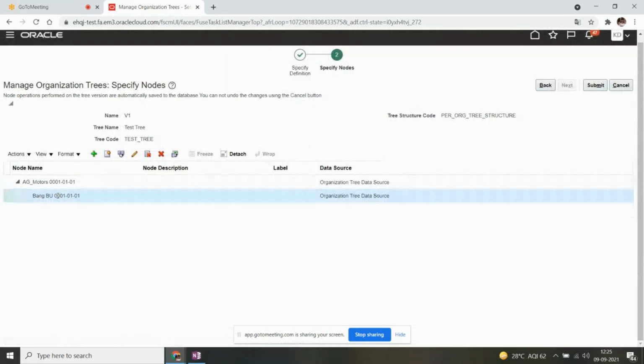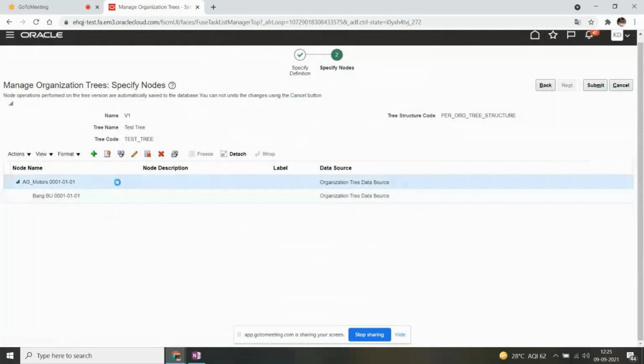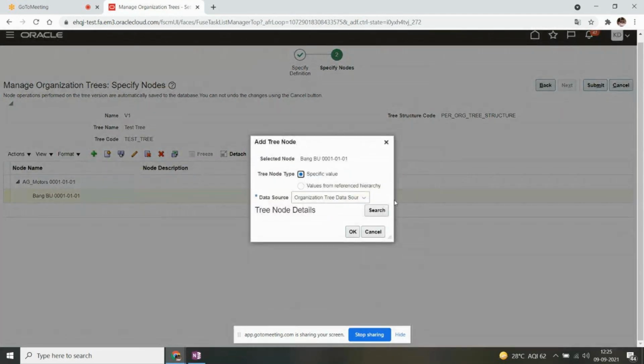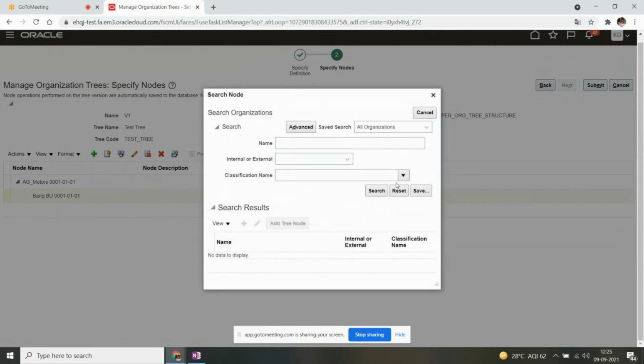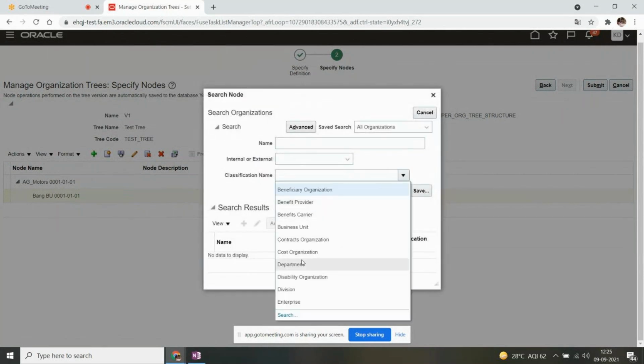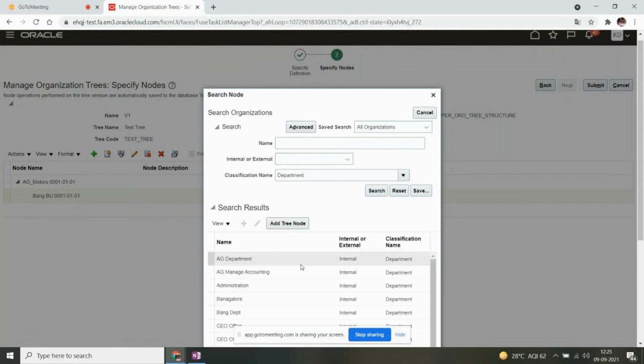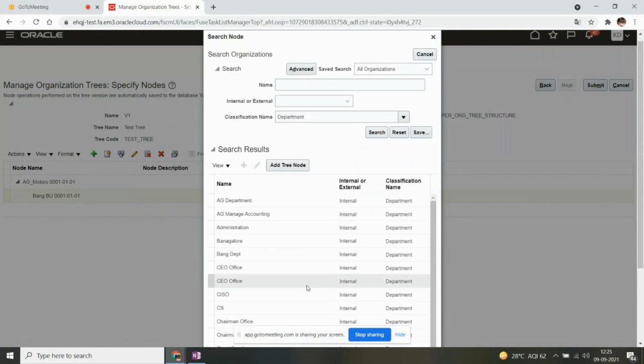And again, under the business unit, we have to add departments, right? So instead of selecting the parent node here, I will select the business unit node and again click on add nodes, search. This time I'll select department as my classification name so that it lists all the departments.